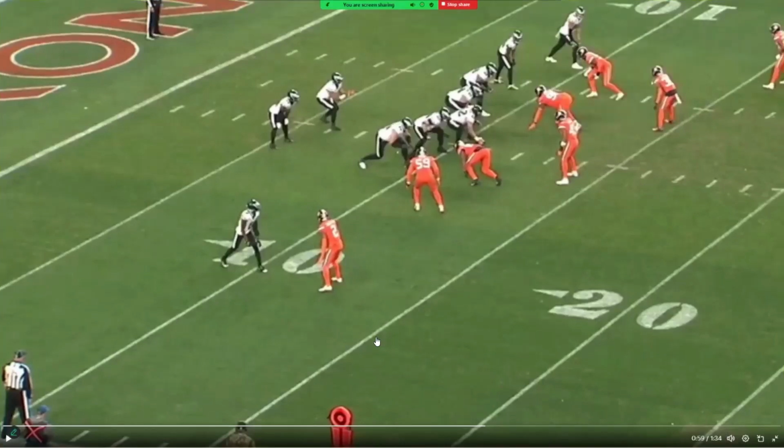Haven't shown too many clips like this one, but this is a perfect way to play his zone and push the receiver far inside, because it's a corner route from Devontae Smith. Usually, a lot of these offenses will do a corner route from the receiver with the inside release, but you don't want him to get too far pushed inside here because you still want that area and space for